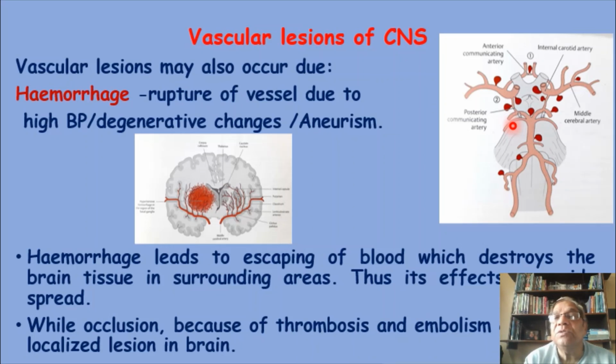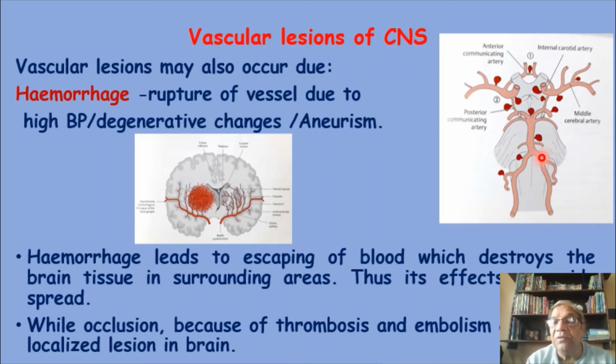So many aneurysms can arise, especially in the lower part of the circle of Willis, from blood vessels deriving from the posterior cerebral or the posterior communicating artery. So an aneurysm may also rupture,